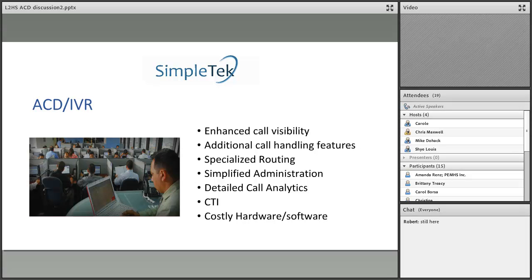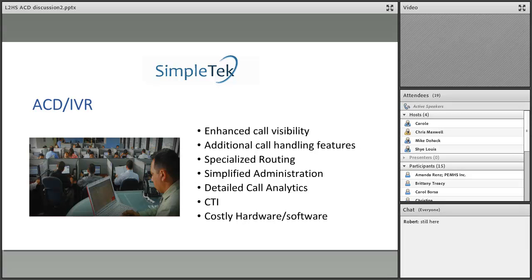There's two things that ACDs and IVRs typically have. One is a management platform that allows them to look at and monitor the various people in the center so they can see real-time statistics. In addition to that, there's the ability to display on a screen the status of what's in queue, how long they've been waiting, those kinds of things, so that everybody on the team can see where things are and can work accordingly.